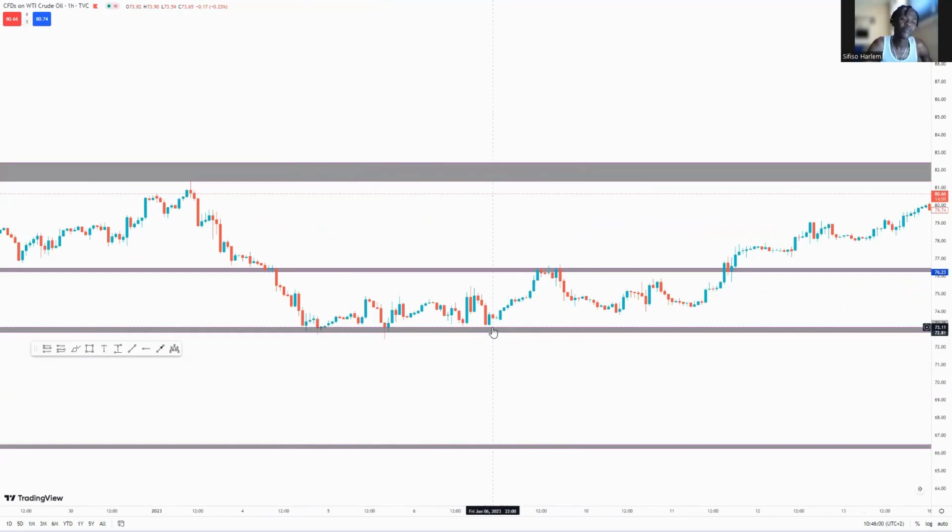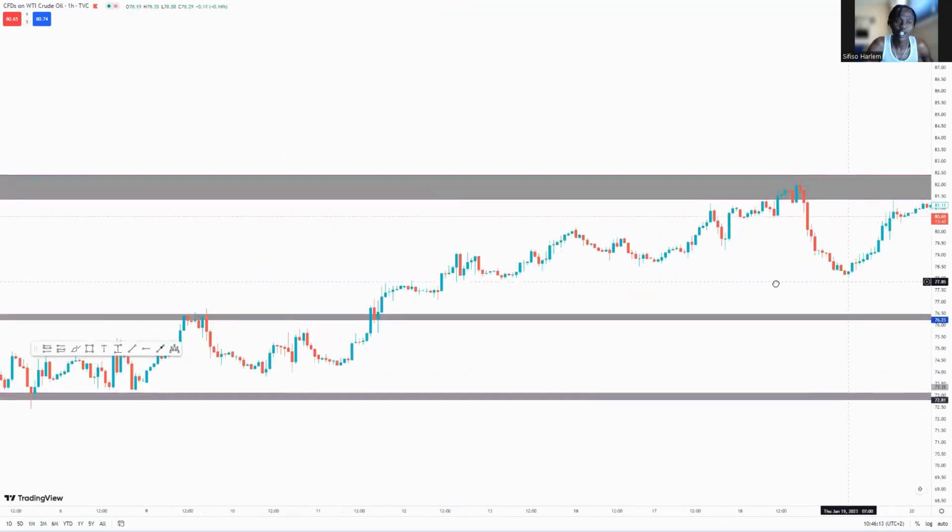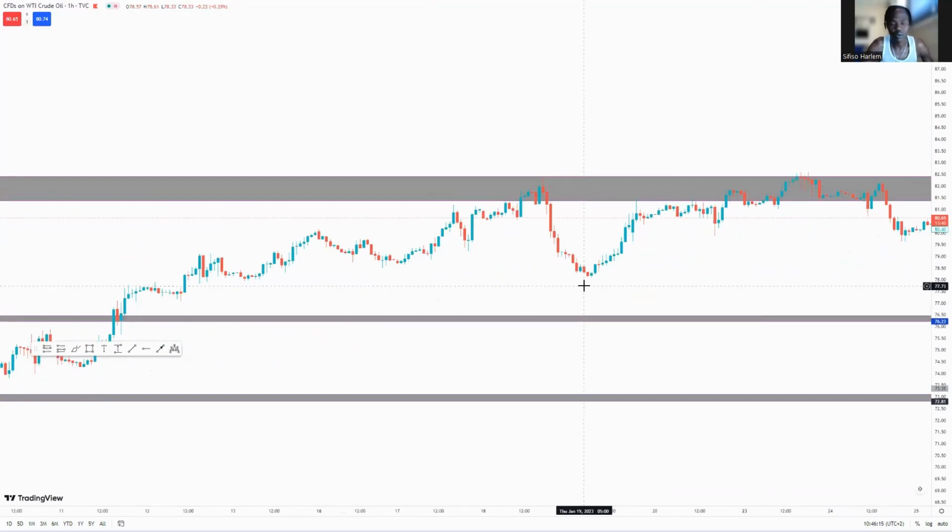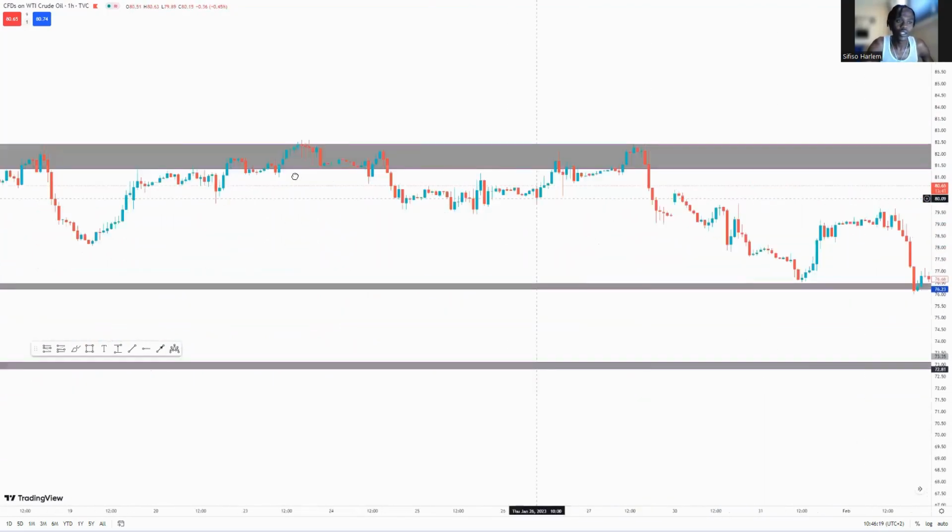So price has been moving sideways for like 2-3 days, right? Let's just say from Wednesday until Friday. Price has been moving sideways until price pushed to the upside, holding support, showing us that we're failing to trade below support. We're holding support, right? And then price continued,